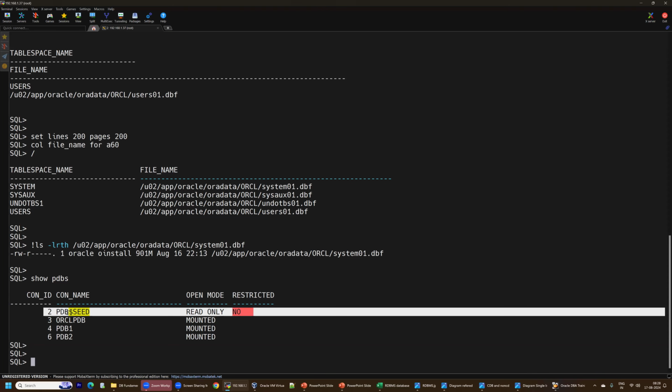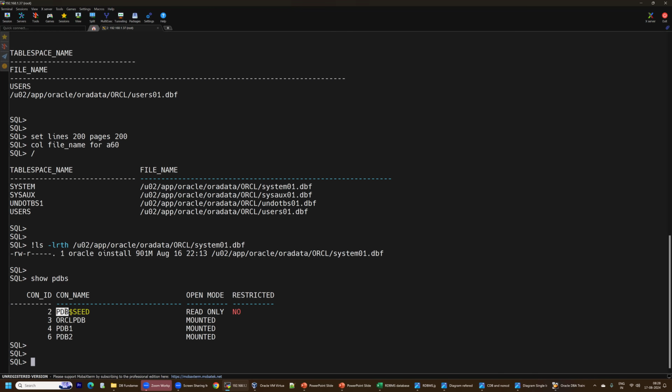Suppose I want to create another pluggable database, I'll be using this particular pluggable database as a reference. This seed PDB will have its own system, sysaux and undo tablespaces, and based on those tablespaces, the new pluggable database can be created. So suppose I create another pluggable database named PDB3, by default its layout will be